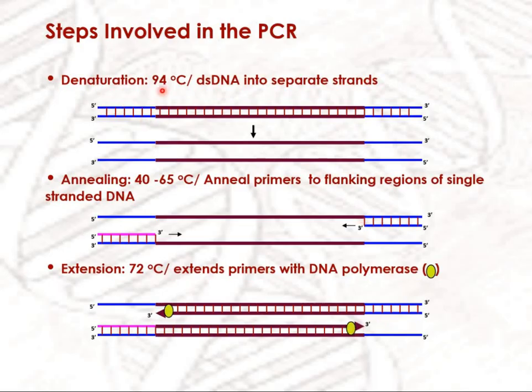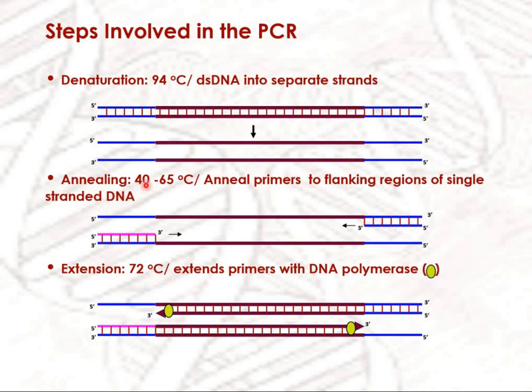So the steps that are involved in this PCR are denaturation, heat it at 94 degrees, so the DNA strands are separate हो जाएंगे. इसमें brown region, the region that is represented over here is the region that we need to amplify. The blue one is the region, the sequence we should know, against which we can develop the primers. So denaturation में आपने 94 degrees Celsius पे इसको expose किया. So once in a tube, दो strands separate हो जाएंगे.